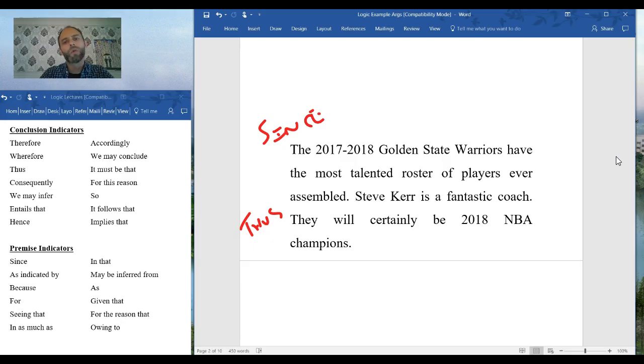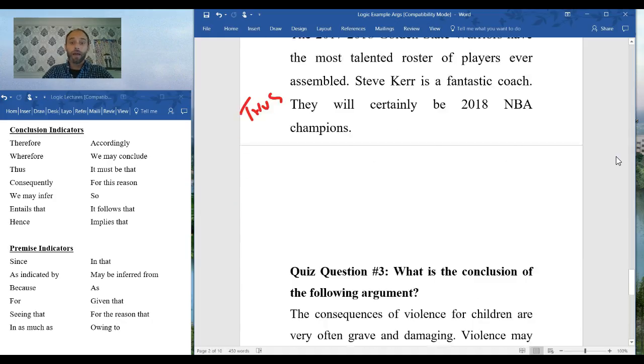So again, when you're looking at arguments with no indicator words, you want to try to guess what the conclusion is. You should suspect the first statement. And then try to throw in some premise and conclusion indicator words. If the premise and conclusion indicator words work the way you put them, then it's likely that your guess for what the conclusion was correct. If they don't, then try again, trial and error, right? So now, for the final quiz question.